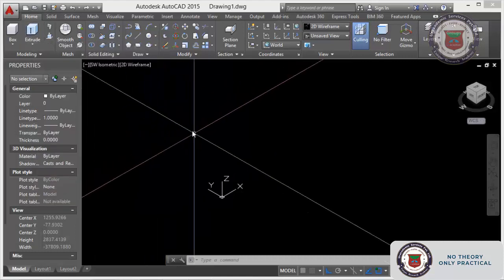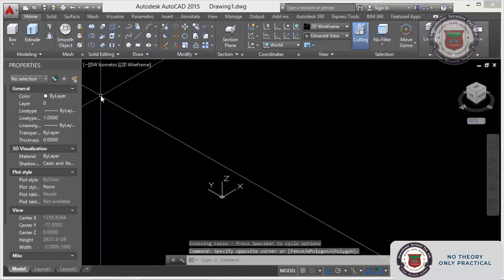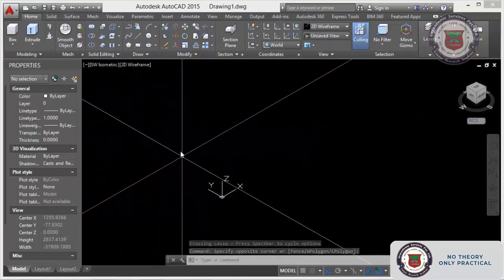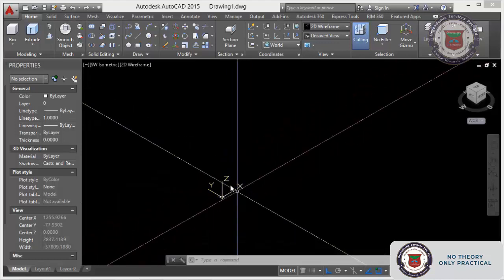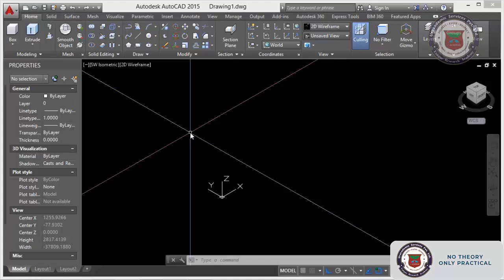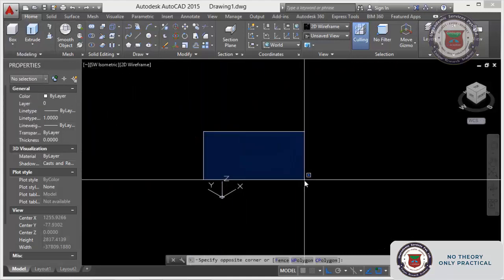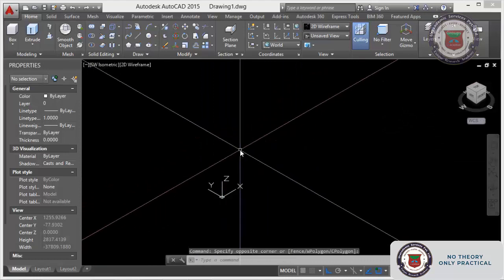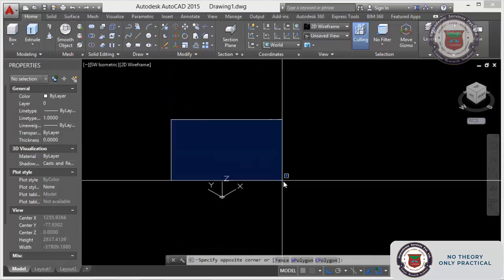Now we will go for the extrude command. For that we need one 2D object, so I will create one. A rectangle you have already seen in the box command, and you can compare it with the box command, as both are the same.